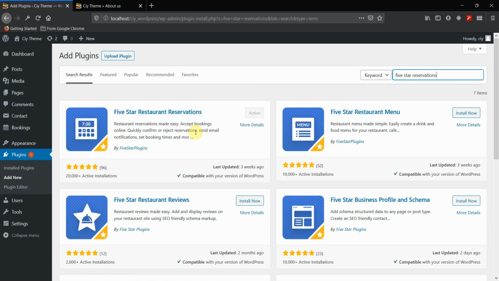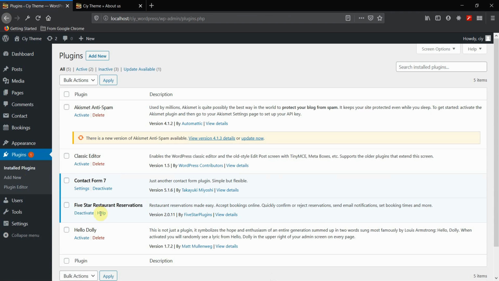So what you do is just click on install now, and then follow the instructions. And after you install it, you go to your plugins and you activate it, and then you will get